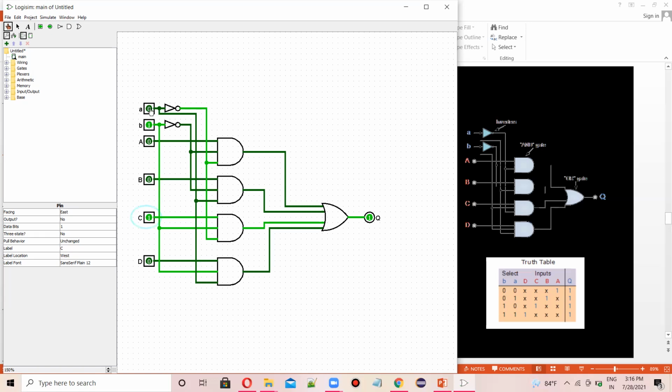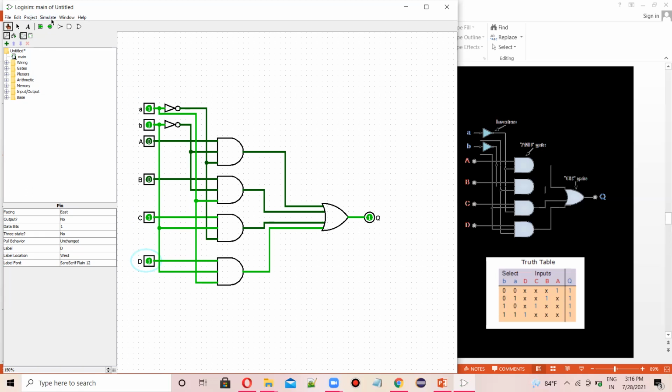Okay, right. Now let's check the last instance. That is all are 1. So here also 1, here also 1. Now these two selectors are 1, and now let's select the D. Now also you can see the output as 1. So it is perfectly working well. So I think you have got a clear understanding of the multiplexer, how it is working.